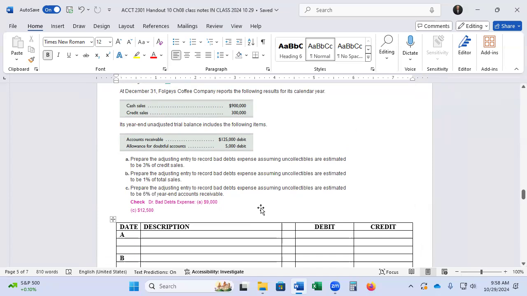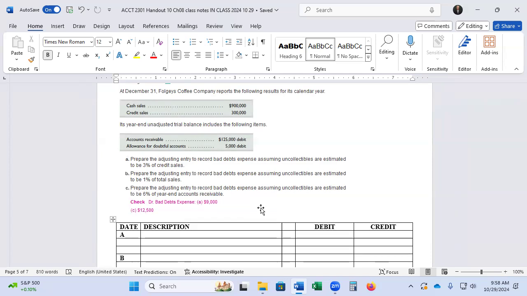Okay. So we have Fogley's Coffee Company, and it reports the following results for calendar year. Cash sales, 900,000, credit sales, 300,000. Its year-end unadjusted trial balance shows the following items. Accounts receivable, 125,000 debit. Allowance for doubtful accounts has a $5,000 debit. So when we draw up that T account,